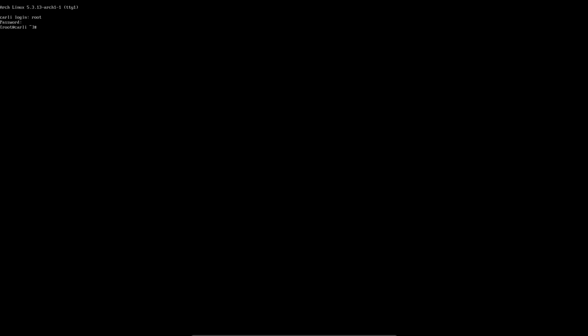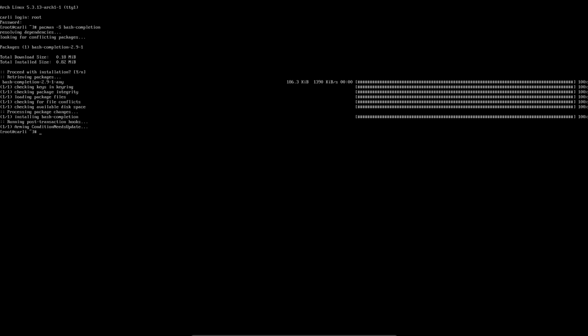Skipping up multilib things, bash completion is something I do want. So, pacman, I'm root, so I don't need sudo, right? I'm root. And then bash-completion. That's something I would miss. If you press tab, it auto-completes commands. Or looks for things. useradd -m -g